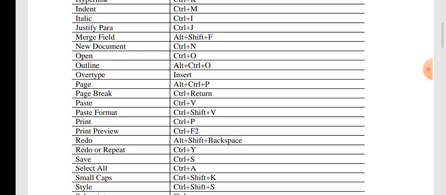When we make a new document and save it using Control plus S, or go to the save option, you are able to save your document. But the basic difference between save and save as is that when you create a new document you just save it, and when you want to make a new copy or fresh copy of it, then perform the save as option.